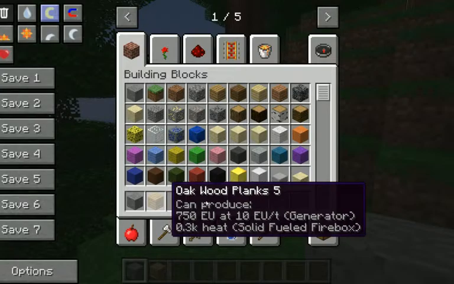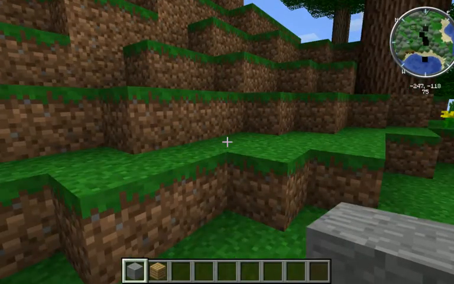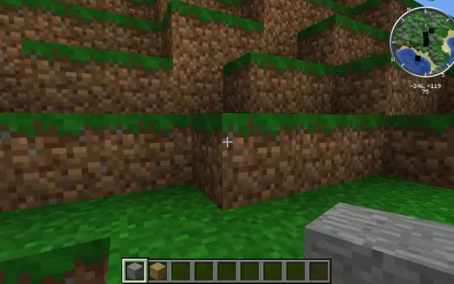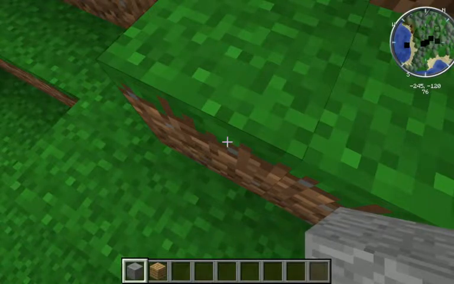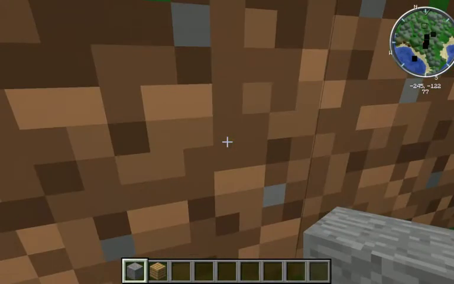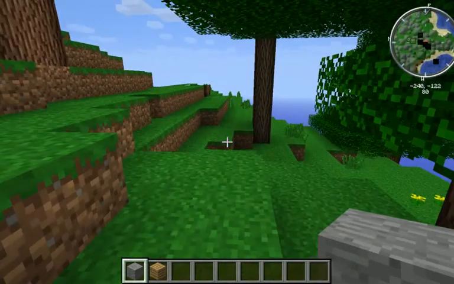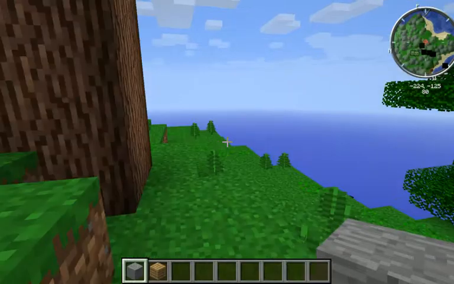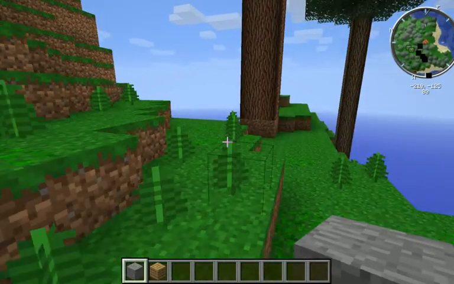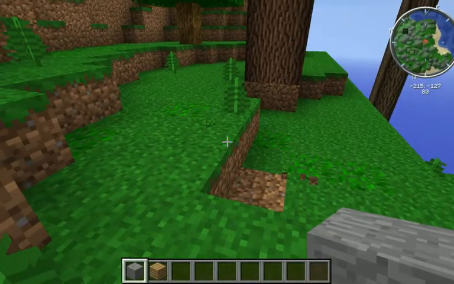So, okay, why am I not able to fly? Come on. Okay, well, it doesn't seem to want to let me fly. I was going to fly and look for a nice little place to build a little shack, but this looks good enough right here. So let's go ahead and